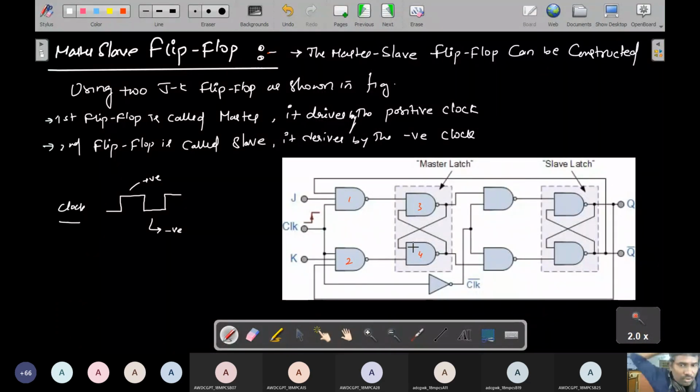No need to tension about it, because two flip flops are used, so many students will be confused. Don't get confused. Tomorrow I'll explain completely what the master slave flip flop is. Today I'll explain the JK flip flop and the race around condition, why the race around condition exists in the JK flip flop. In tomorrow's class I'll explain the master slave flip flop, and after that the T flip flop, D flip flop, and conversion of flip flops. 3 flip flops are there, so in 2 classes I'll explain all these things. Okay, so once again,